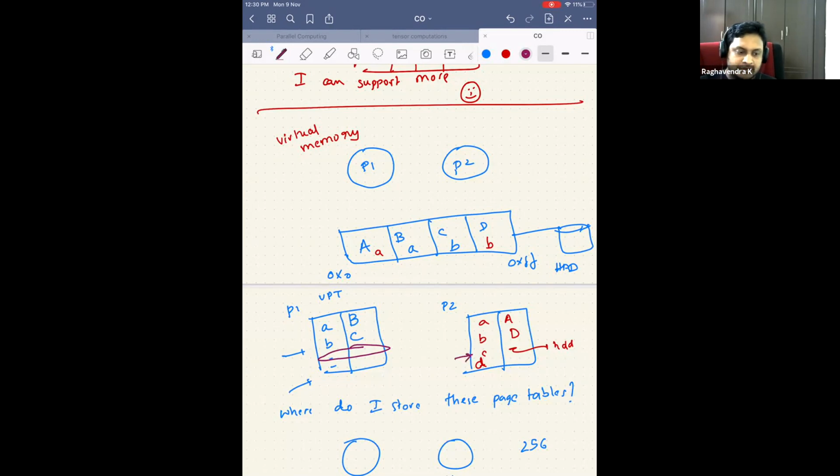Suppose I used a malloc and allocated, say, 1 MB of data. Then for that 1 MB there will be some added translation here, so I would have translated C and D. Whatever malloc I am doing, the entry gets noted here. It is just that the entire page might not be here; it might be on the hard disk.